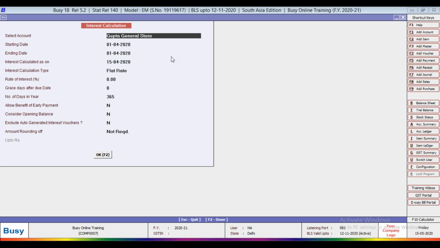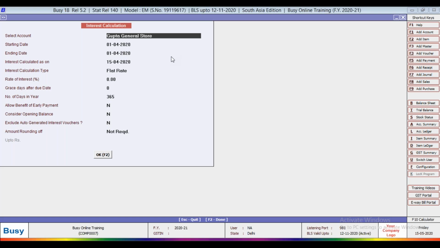Yes. Now press OK. One general voucher for interest has been posted successfully. So according to this voucher, you can check the ledger of Gupta General Store. This is the invoice and journal entry of interest receivable.